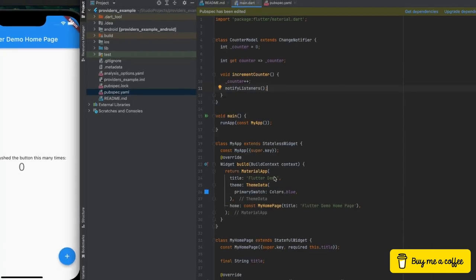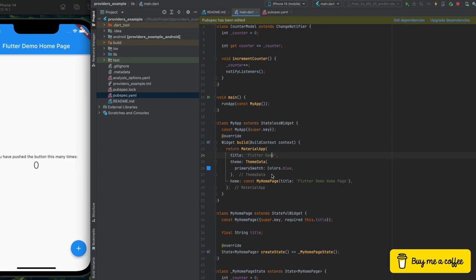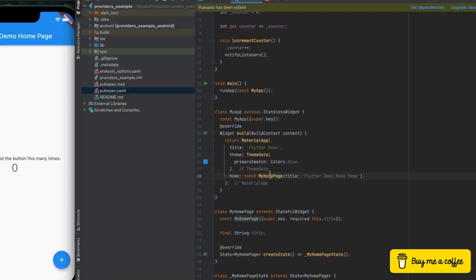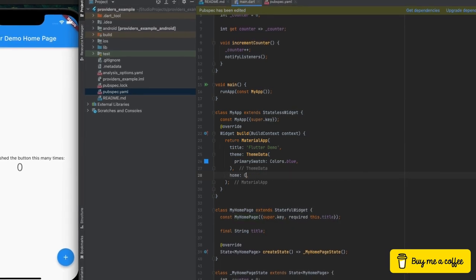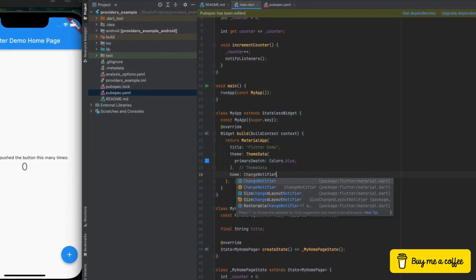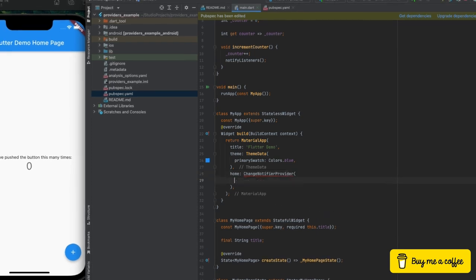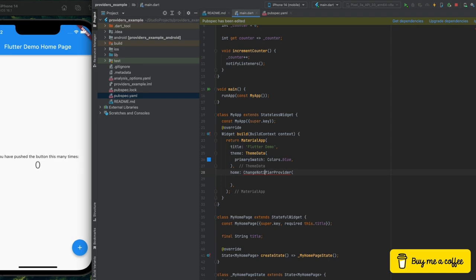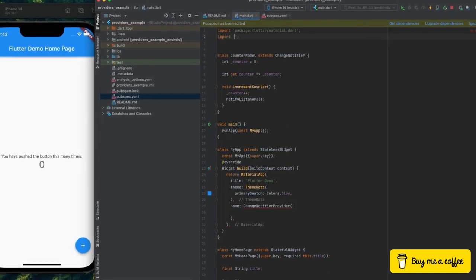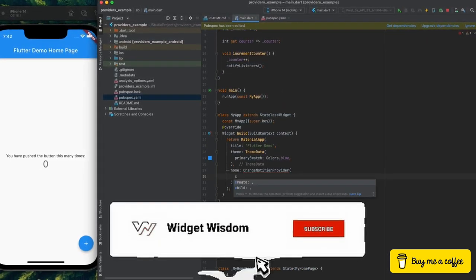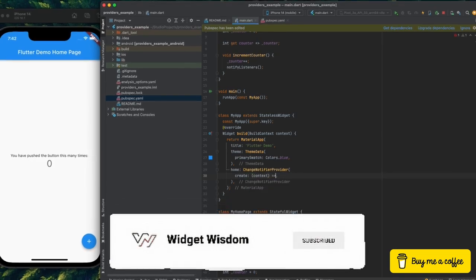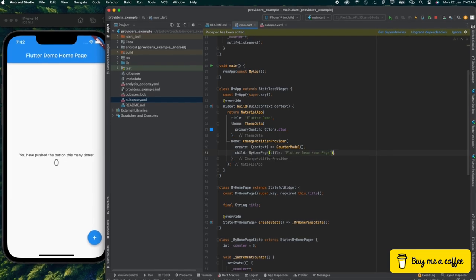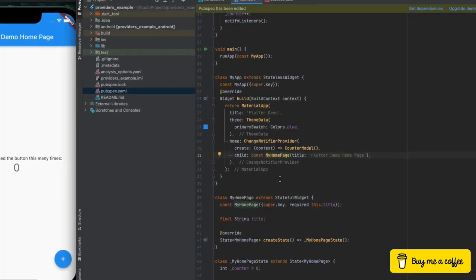Now here, my app class is a stateless widget representing our entire application. Now inside this build method and for the home property use ChangeNotifierProvider. So this ChangeNotifierProvider is responsible for providing the model to the widget tree. So here for the create callback, instantiate CounterModel, it will ensure that only a single instance is available for the entire app. Now for the child of ChangeNotifierProvider, assign it MyHomePage, as our main application